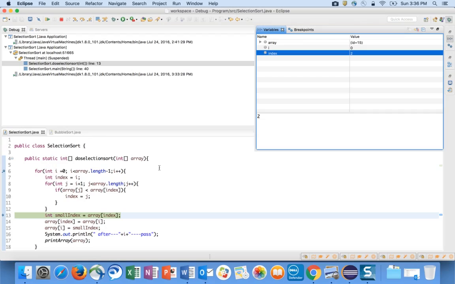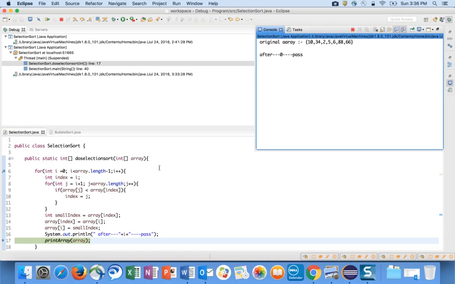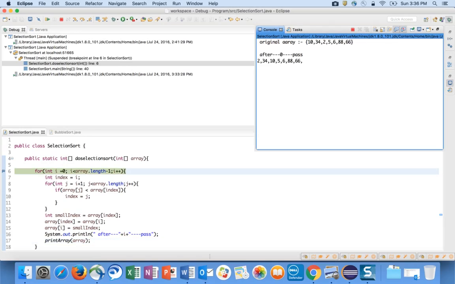Now it will try to replace it because I got my lowest index, right? It will just print after the first pass, this is the data, like how the data got replaced. Now